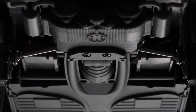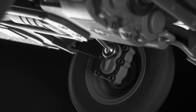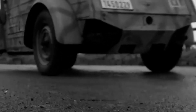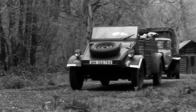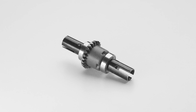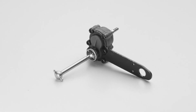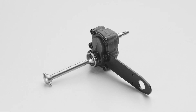Then let's move to the chassis. The popular portal axle in today's climbing car market has been in mass production for the barrel car as early as 82 years ago, giving the chassis a minimum ground clearance of 310 millimeters, dwarfing all modern off-road cars on the market today. On the real car, the front and rear wheel speeds are balanced by increasing the front axle differential gear ratio, while on the model, we set the portal axle reduction ratio to 1:1 for common front and